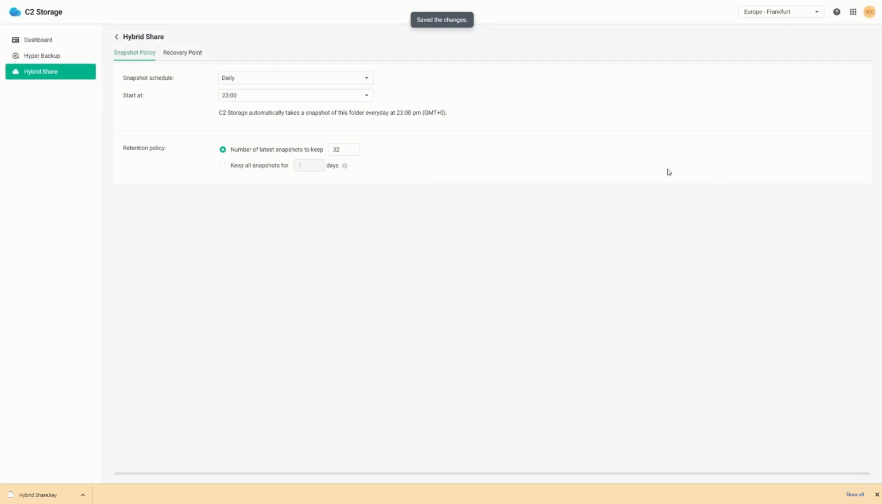Now that we have our hybrid share snapshot policy in place, we can begin using our hybrid share folder easily and securely. So let's go ahead and dive into our end user workflows. Now first off, your end users are going to need to log into their endpoint PCs through their C2 identity